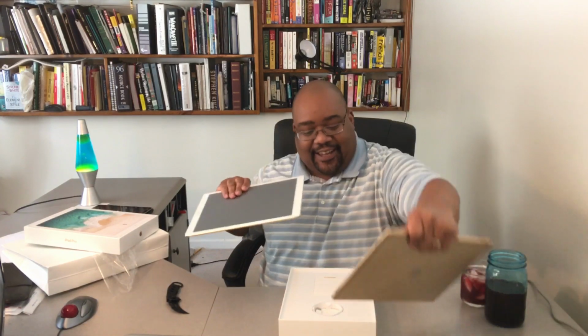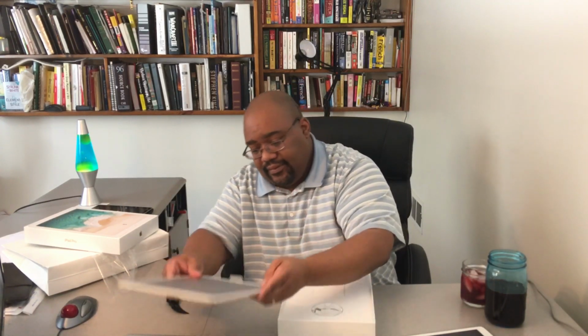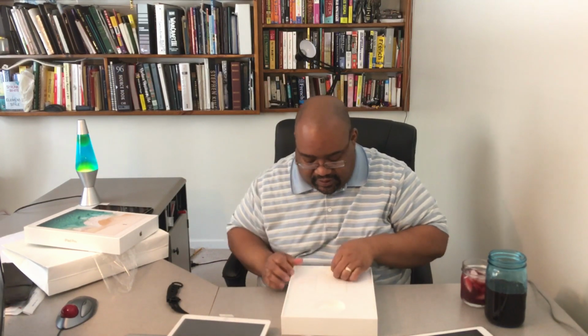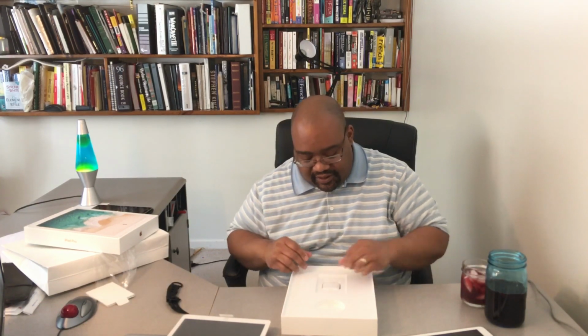And hang on. Twin blades! Okay. Again, this thing is ultra freaking thin. You see how thin that is? That is scary, scary thin. So I'm going to place this here. So this is the device. Oh my God, it's so light. And of course, you get the Apple iPad cable, which is nice. You also get the instructions. Nobody actually reads those things. And then you get the cute little...